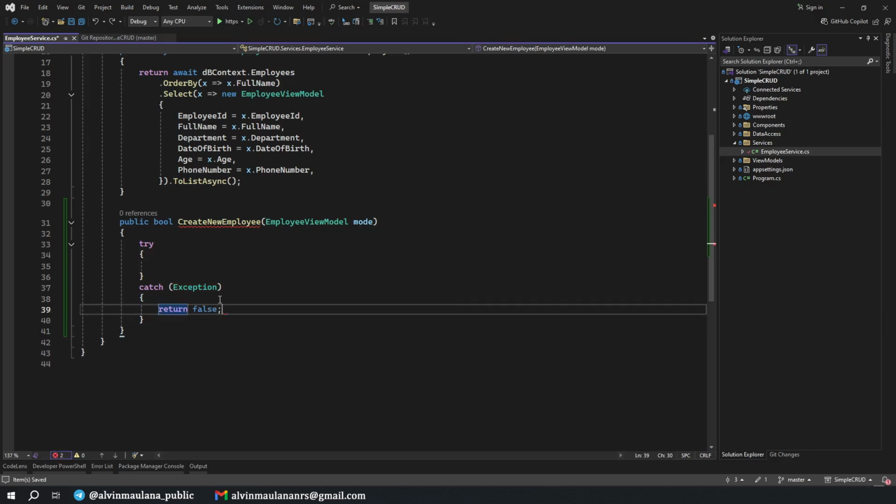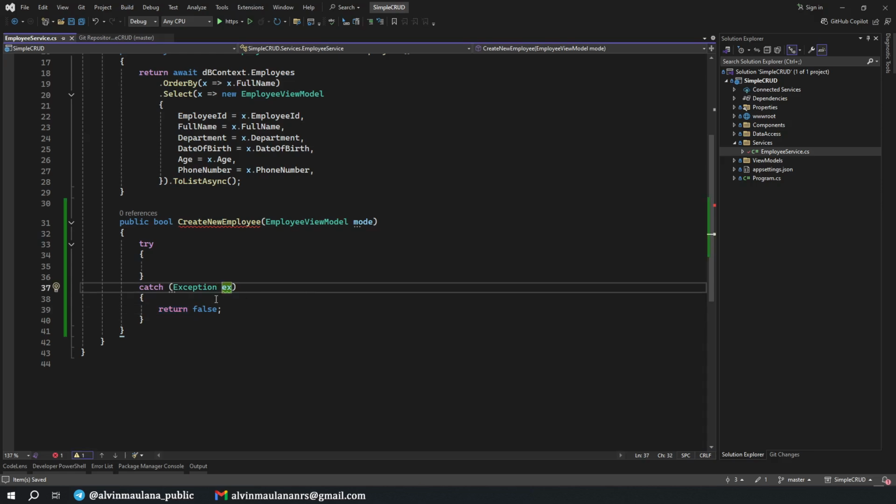Don't forget to close it. But for your production application, it's better to have some logging information in here, so if you are having an exception, you can see what actually happened in your system. But for now, I just leave it like this.